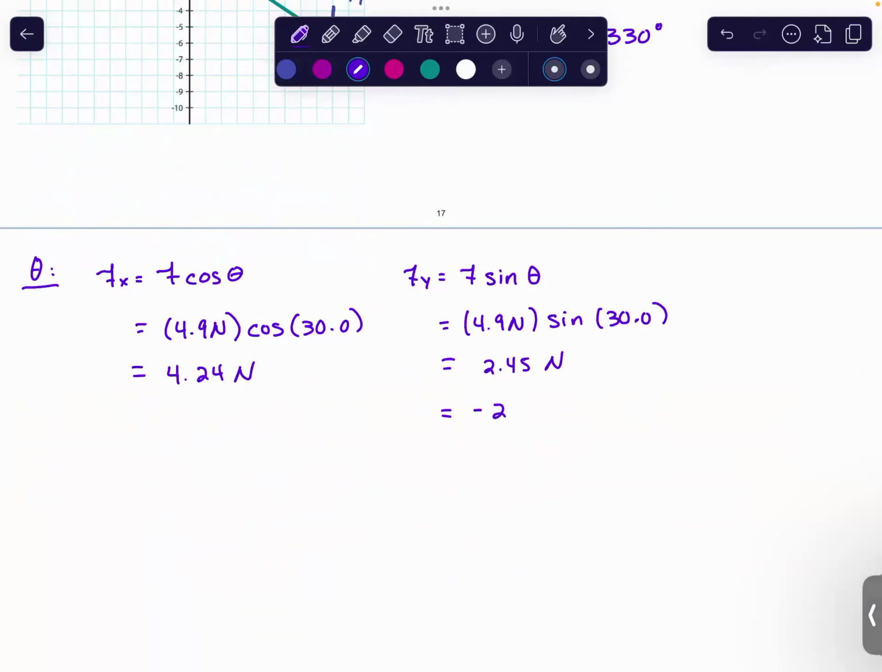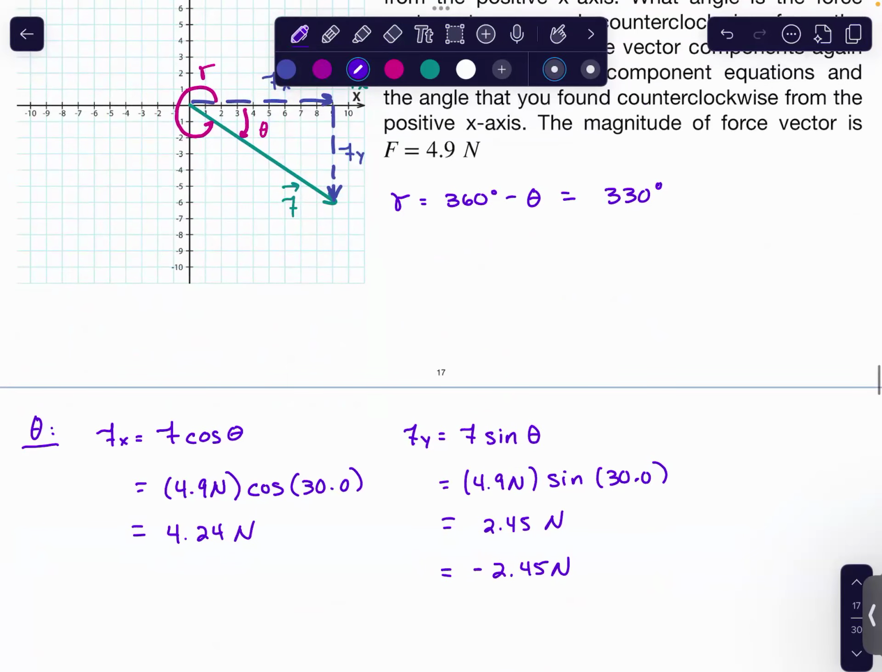Okay, now let's analyze from using gamma. Well, since gamma measures counterclockwise from the positive x-axis, what equations do I use? You would use cosine and sine, so the standard ones. So remember your standard component equations. If you ever want to figure them out again, just draw a vector